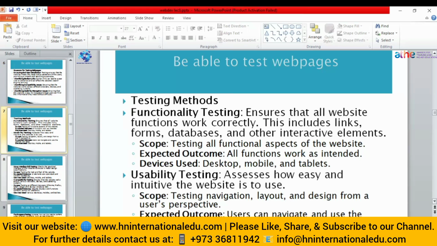Then usability testing. Usability means how easy we can use the website. Then here we can perform some navigation testing, the layout testing, and the outcome can be that the user can navigate and use the site.